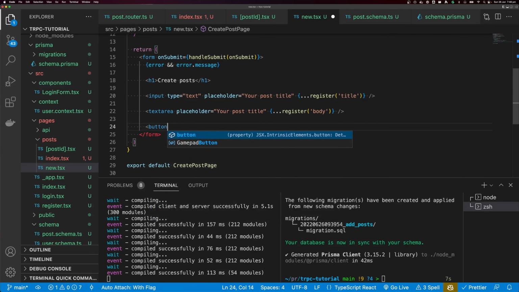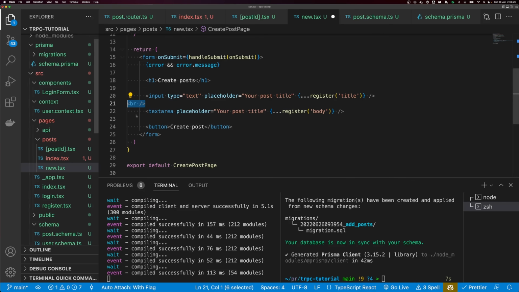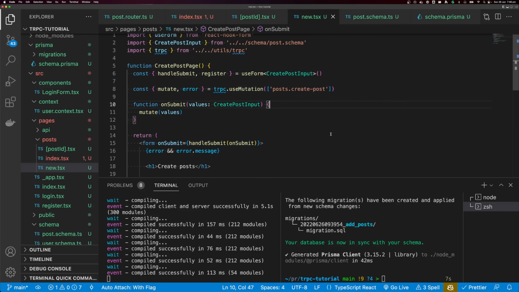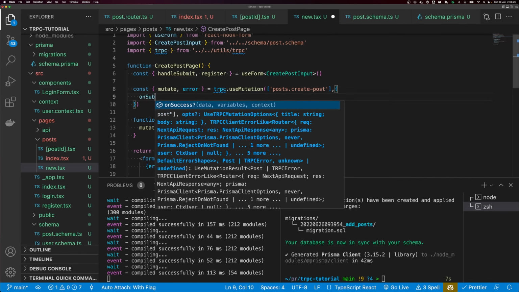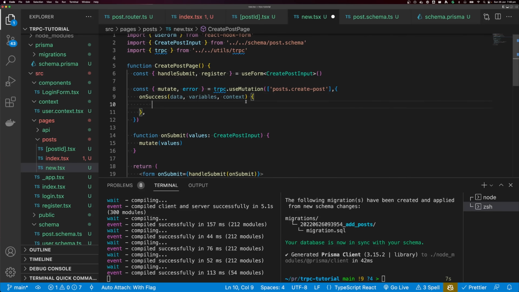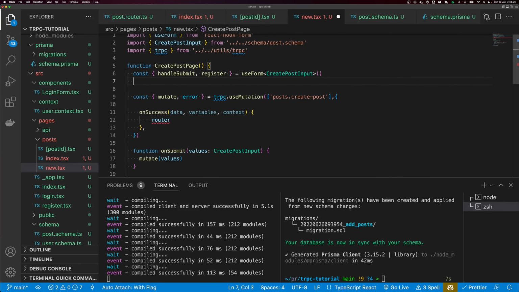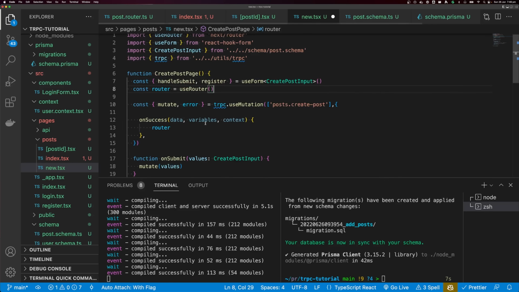Then I want to have a button, and this is just going to say create post. Let's add a couple of break tags here, just so it doesn't look too bad. So the last thing I want to do is when I finish creating a post, I want to redirect back to that post. So I want to say on success, I want to call router, and I need to create a router. I'm going to say const router is equal to use router. So router.push